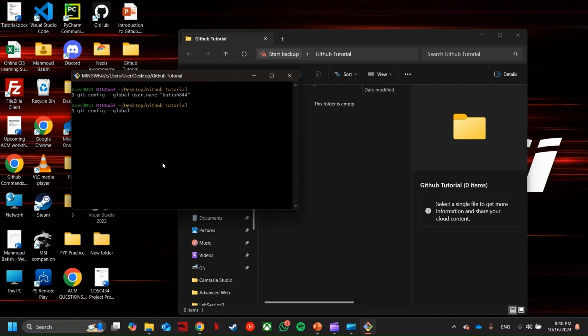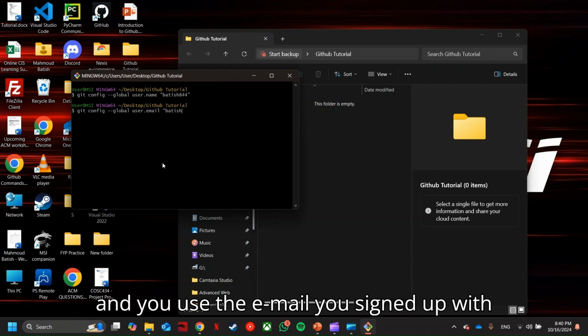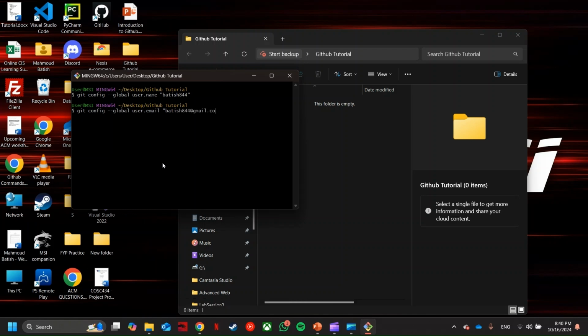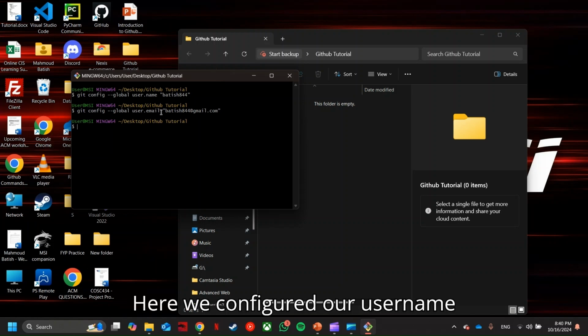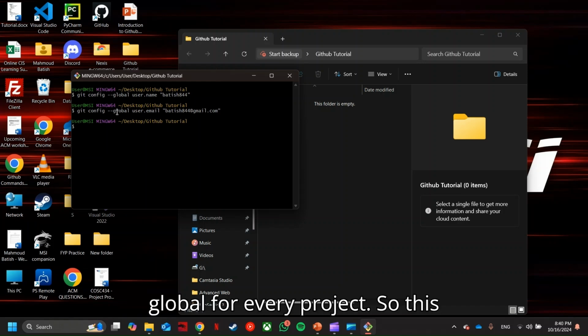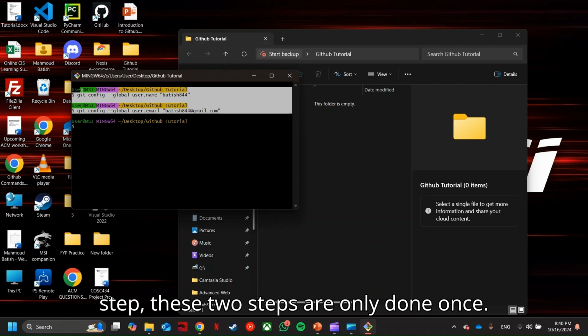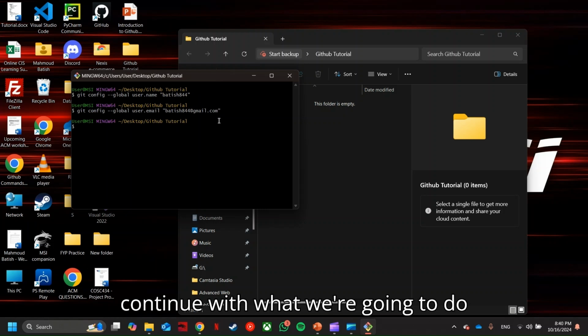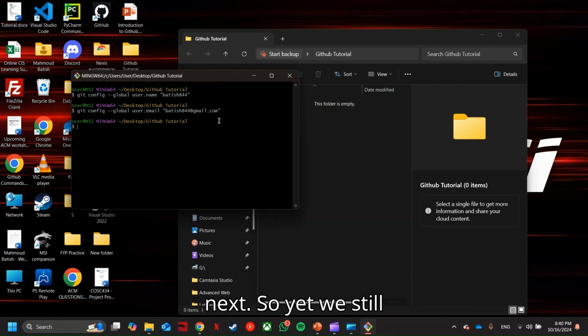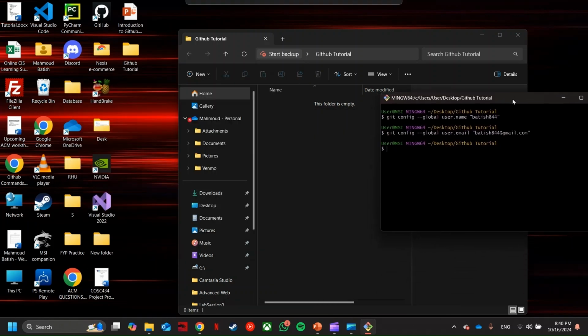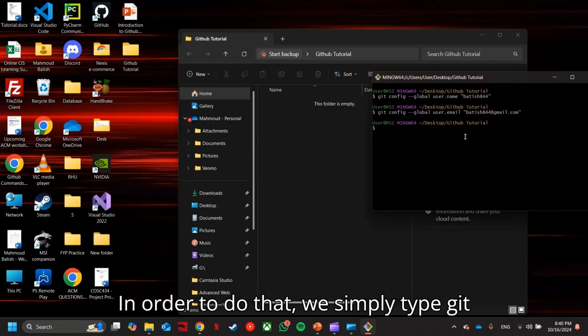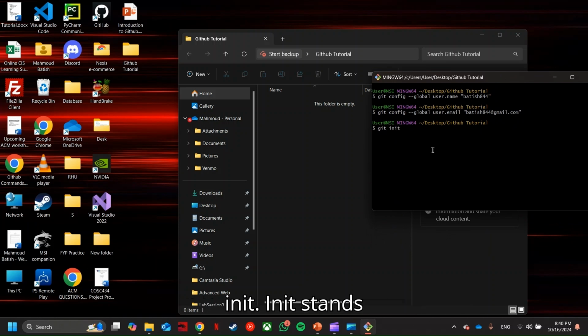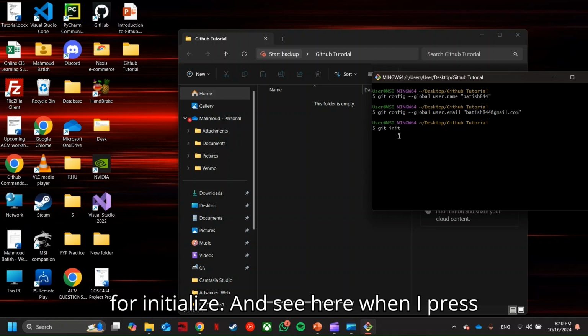And now we're going to configure our email: git config --global user.email, and you use the email you signed up with on GitHub. Here we configured our username globally for every project, so these two steps are only done once. You just do them once, and from now on you continue with what we're going to do next. So we still have not initialized our repository. In order to do that, we simply type git init. Init stands for initialize, and see here when I press enter,